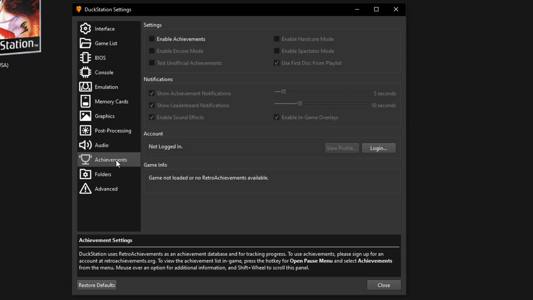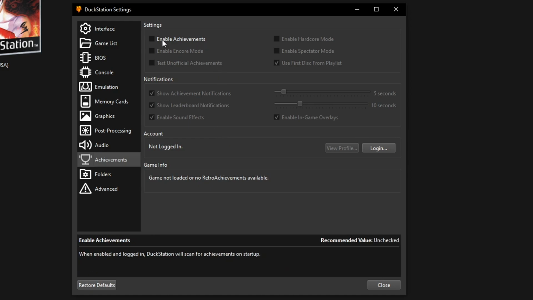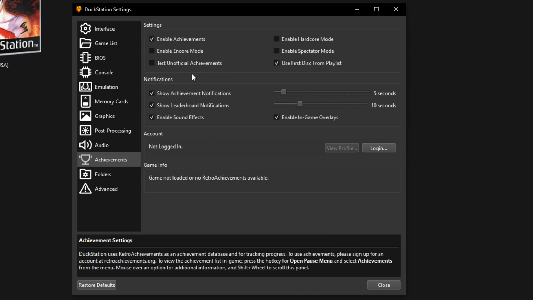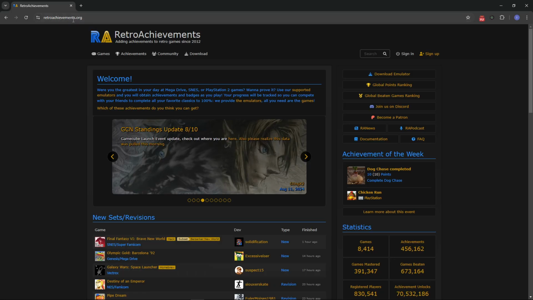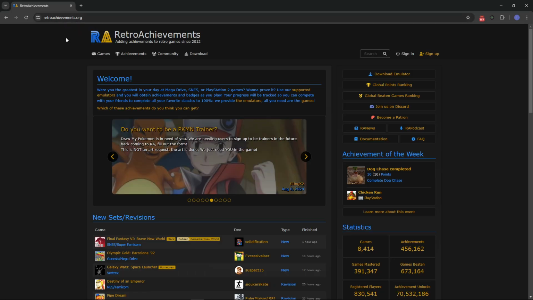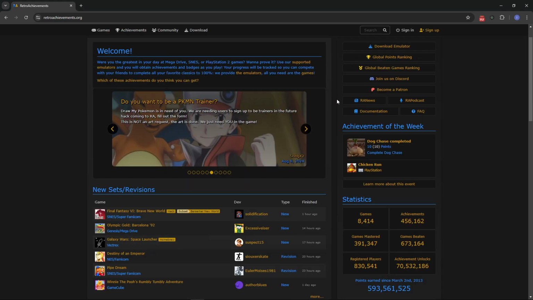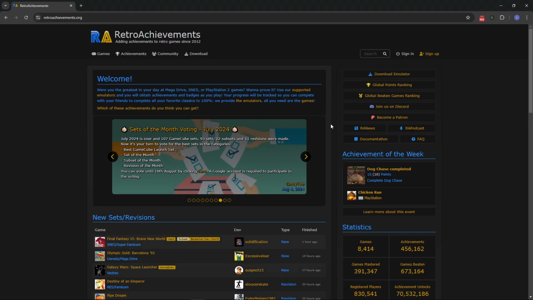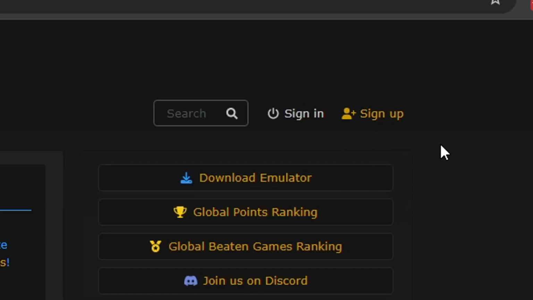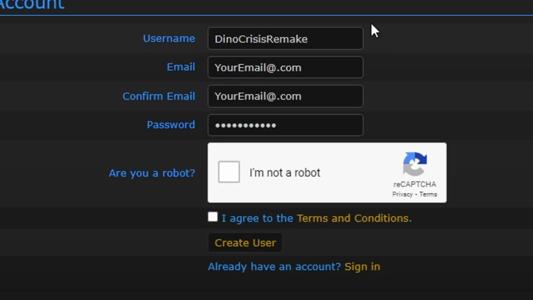Now here on achievements, this emulator now has support for the Retro Achievements website, and to use them, first you have to click here on enable achievements, and there's a bunch of settings here you want to mess with. But to do this, first you need to create an account on the Retro Achievements website. The website is this one, retroachievements.org. I'll put the link on the description of the video, and there are a bunch of custom achievements available for PS1 games on DuckStation. But to start, you're gonna click here on sign up to create your account.